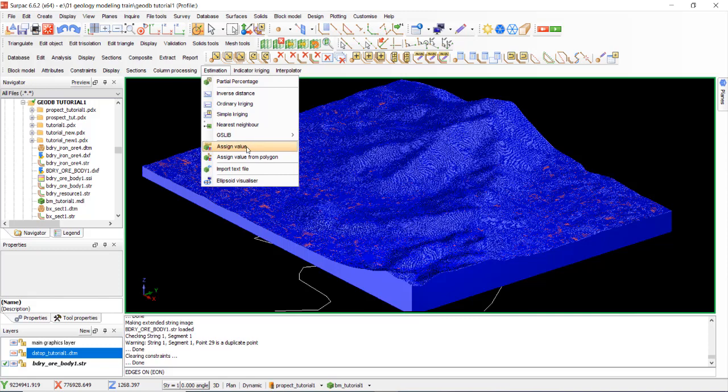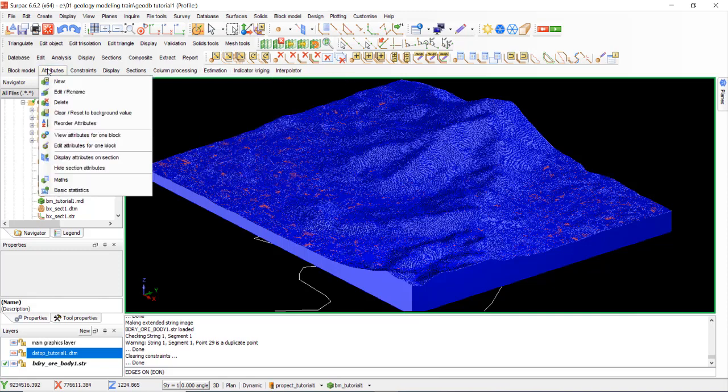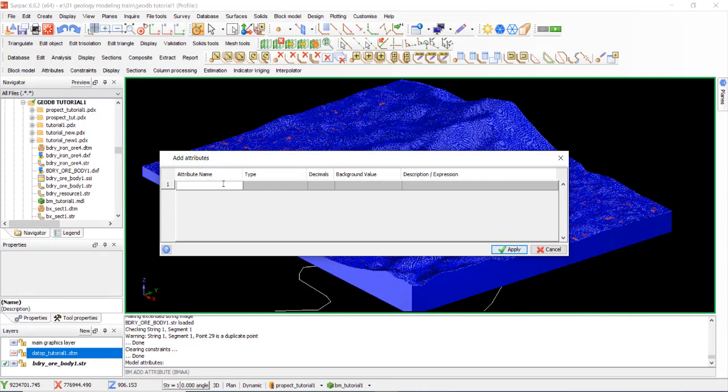We use the assign value, but before starting to assign value, we must input the attribute to the block model by new, select material. This assign value uses character. Okay, apply.